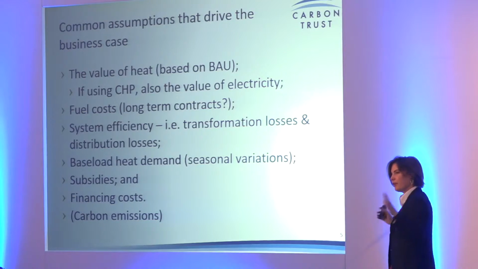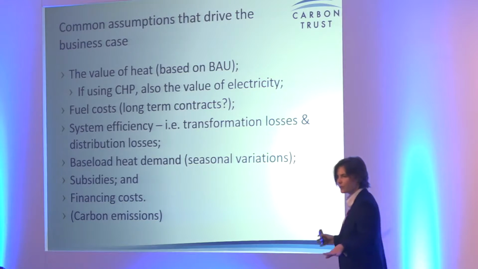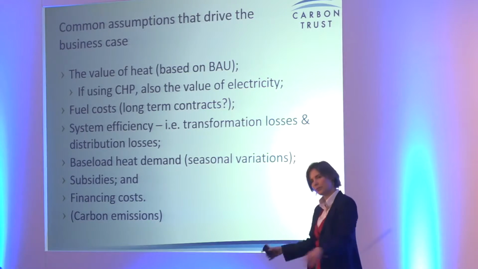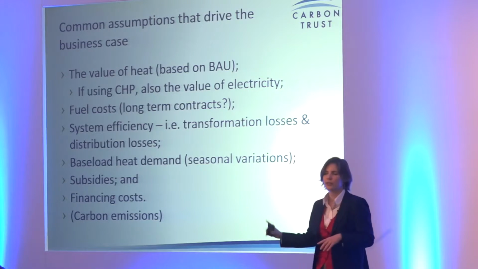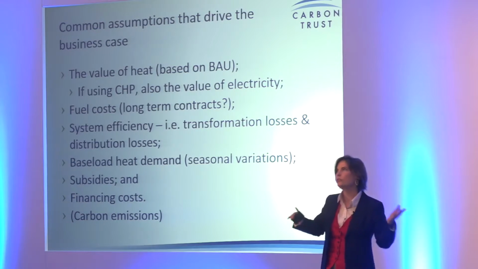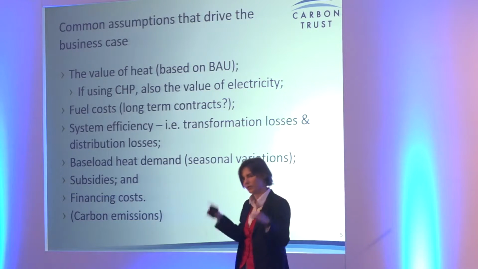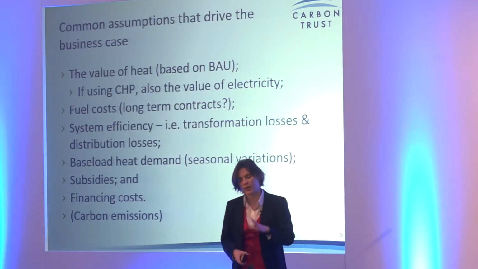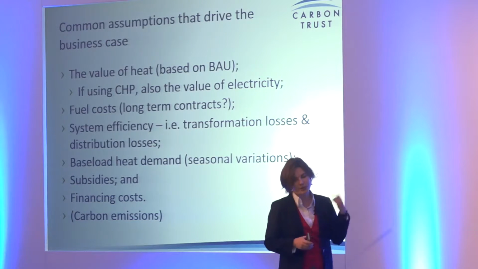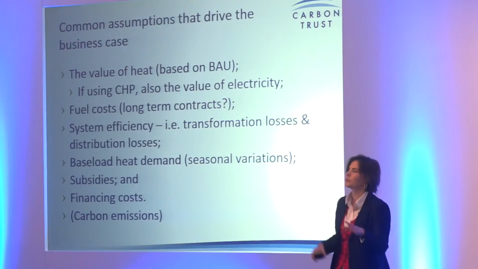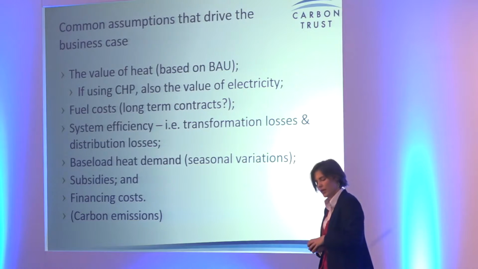Distribution losses, that of course refers mainly to the pipe work, so the quality of the pipe you're putting into the ground, as well as the kind of heat that you're transporting around the pipe network. So if you're transporting steam, you will tend to lose slightly more heat, all else equal, because the temperature differential is greater. Low-grade heat, if you're transporting that around, so say at 50 degrees Celsius, there's a lower heat loss, but it comes with its own problems.